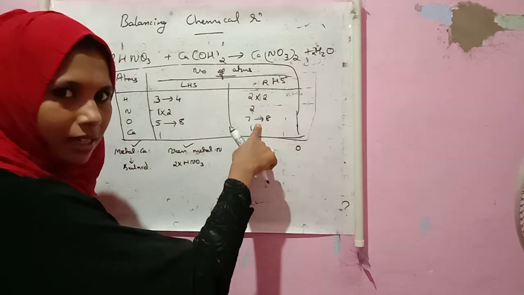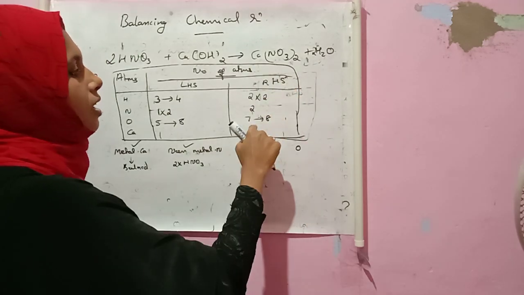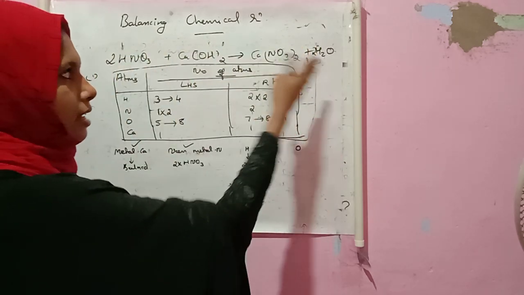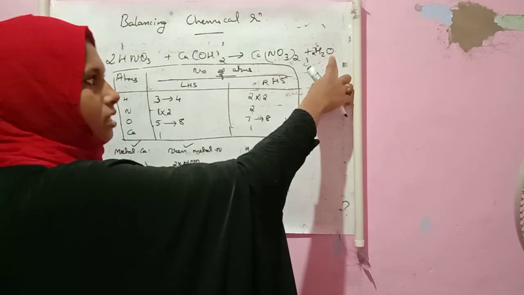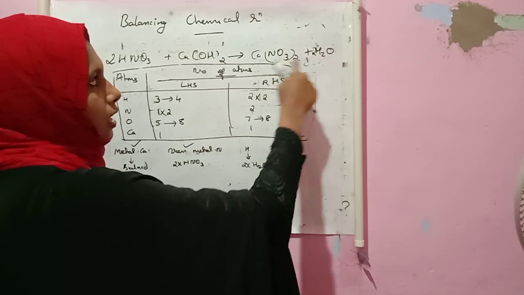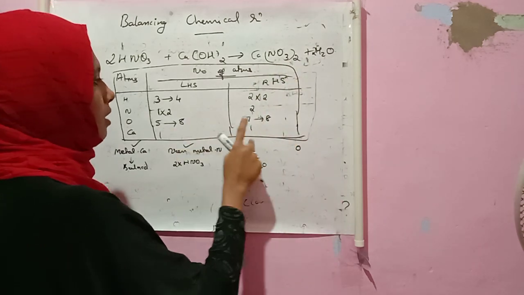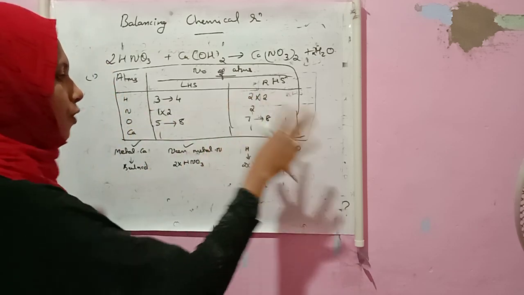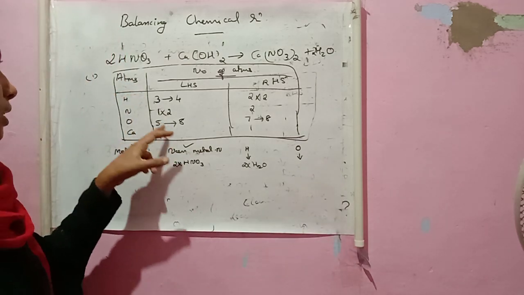I think you may be clear on this one. On multiplying the hydrogen side in RHS, the hydrogen changes to 2 into 2, 4, and it is balanced in both LHS and RHS. At the same time, the oxygen which is in compound with hydrogen is also changing, that is 2 into O here, and with this oxygen 3 into 2, on adding this one, 7 oxygen is changing from 7 to 8. Okay, that is the change that happens in case of oxygen. Now we are moving to what? Oxygen. Now looking at oxygen.